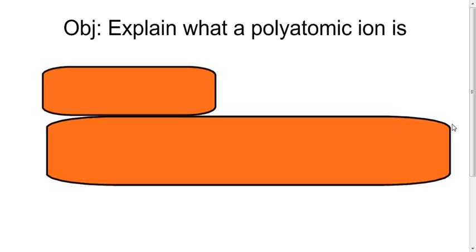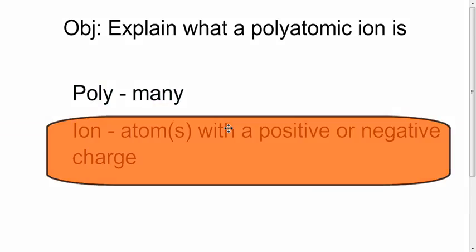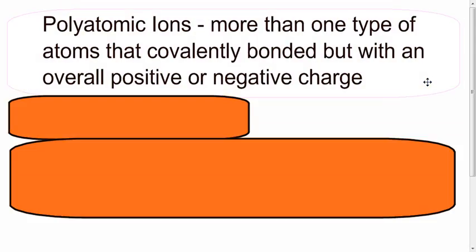The purpose of this video is for you to be able to explain what a polyatomic ion is. Now, poly means many, and an ion is an atom or atoms with a positive or negative charge. Now, polyatomic ion means you put those two things together to get it. It's basically more than one type of atom